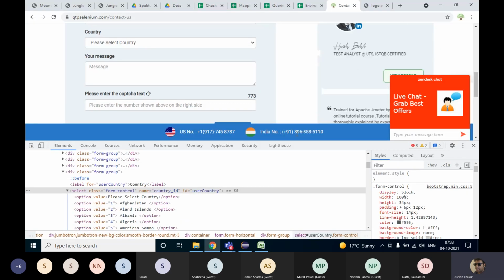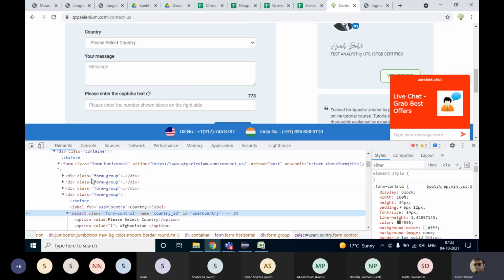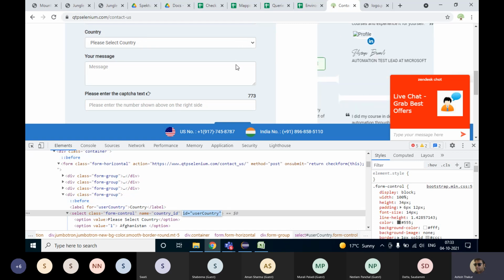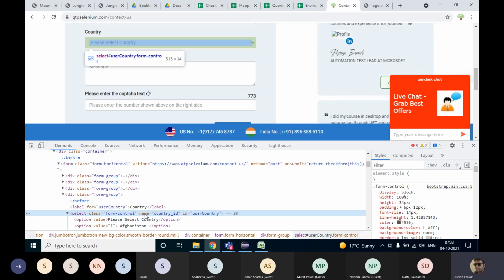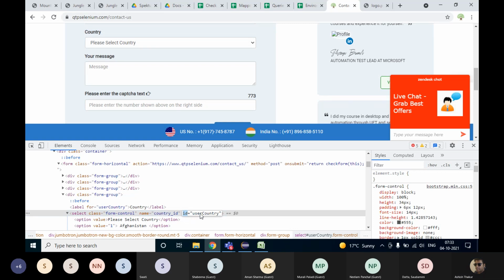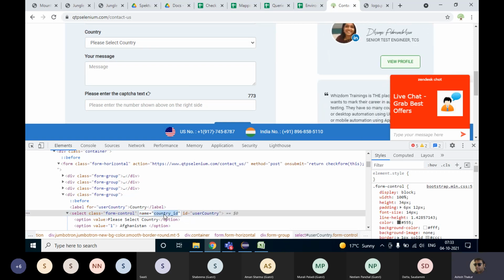Okay, for example, I just selected this country drop down. It's got both parameters. It's got the name as well, and it's got the ID as well. So if I have to write a script in which I have to interact with this component, it will be really easy for me. I can directly identify it with ID. All right, but you don't get IDs every time.